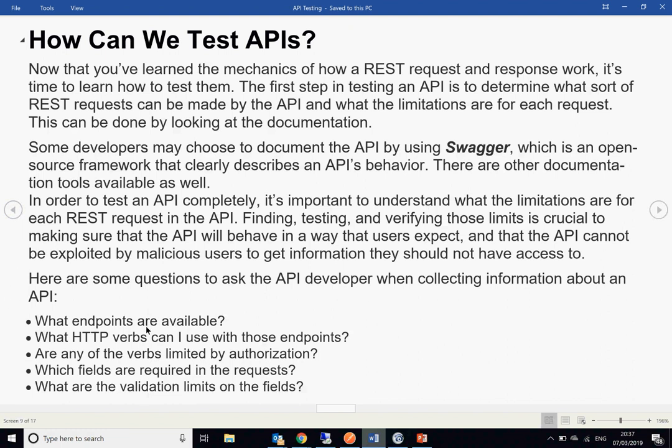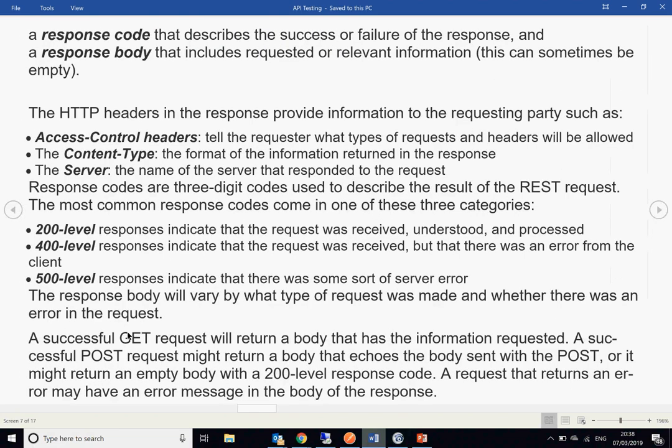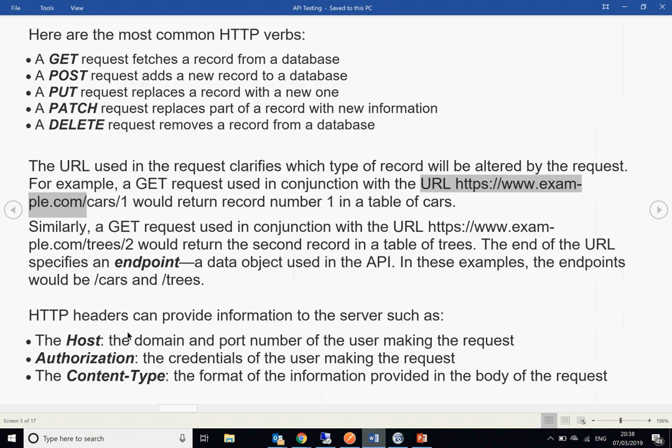So then from there you also need to ask what HTTP verbs you need to use. You may not know this information, to be honest. You need to ask them: is it going to be a post, is it going to be a get, is it going to be a put, is it going to be a patch? But as time goes on,